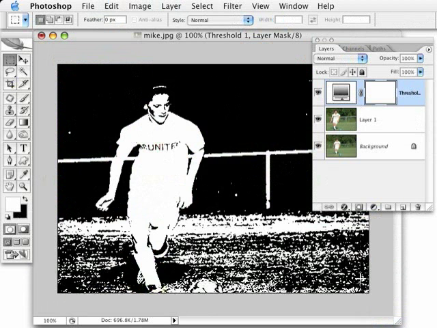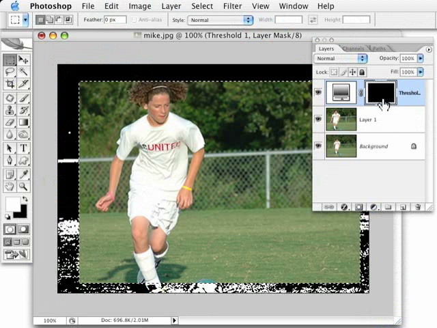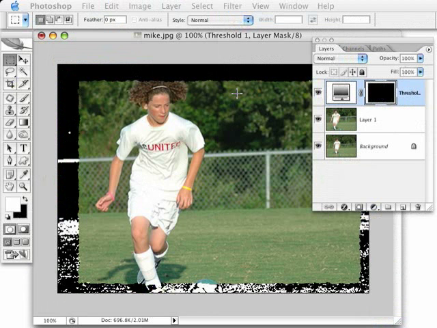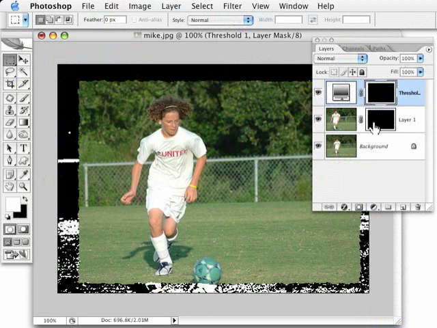So same idea now on this layer mask, but the problem is that the original photo is covered up still. So let's first of all just finish this. We're going to do our little spatter filter to give the edges a little bit of that interest. Now this is Photoshop CS2, so of course I can just hold down Option or Alt and drag this same layer mask onto this layer. So now what we end up with is a close-up view of the photograph making a border, and as we did